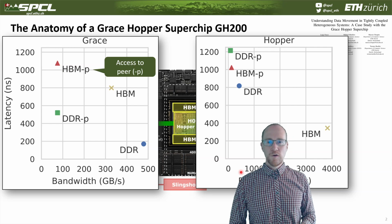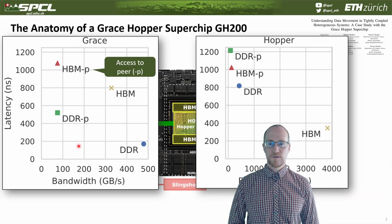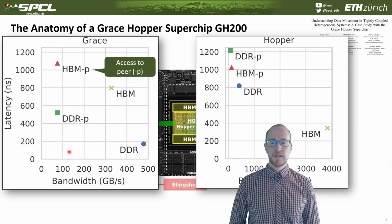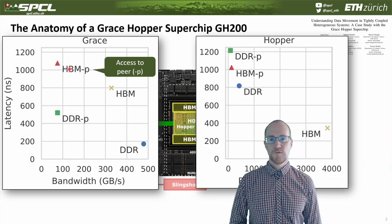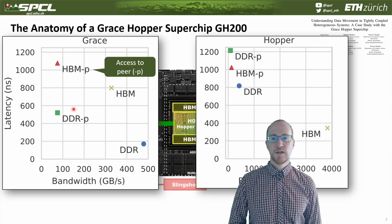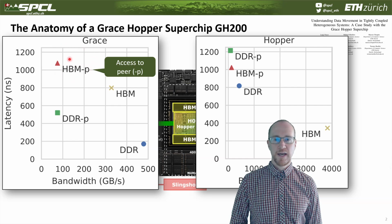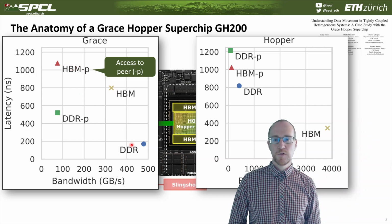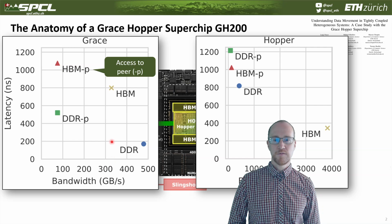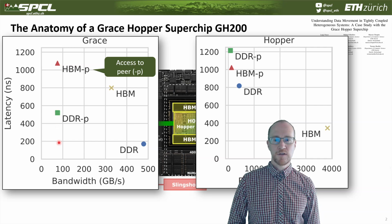So now, if you look at the latencies across the different chips, it gets quite interesting. First of all, what is the access latency to memory? Well, if you access from the Grace CPU, you would get a bandwidth of about 100 gigabyte per second to the HBM of a peer, so to the HBM of another GPU. You would get 310-something gigabyte per second to the local HBM, and you would get the promised 500